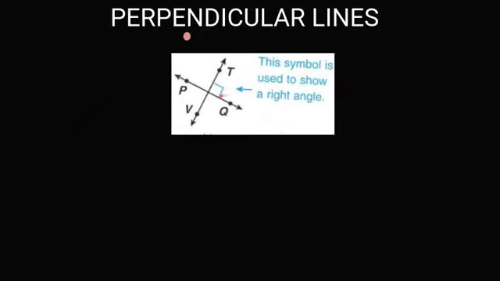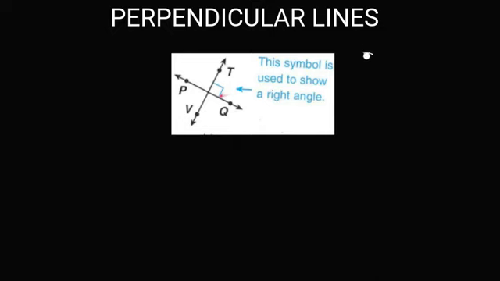Moving on, we have what we call perpendicular lines. Perpendicular lines are sort of intersecting lines, but they have one extra feature. This is line PQ crossing line TV at a right angle. Okay, PQ crosses TV at a right angle, and this symbol right here is used to show a right angle. Okay, this symbol right here touching the 2 lines is used to show a right angle,